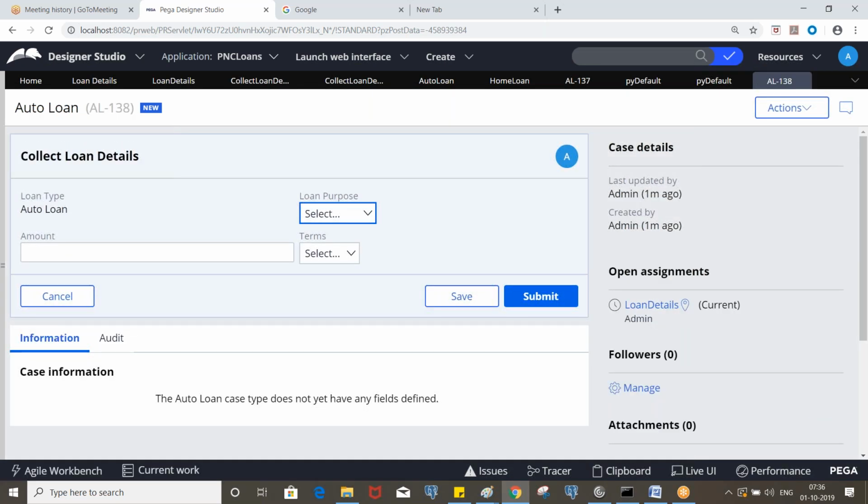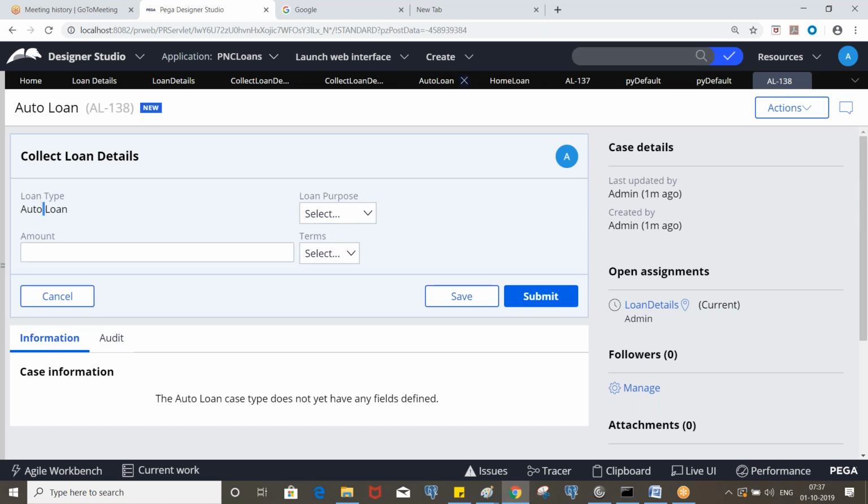You can create this as a single value property without a drop down control. You can create a property with text input, since we are defaulting it. Sometimes, if we are allowing the user to change the loan type, then it should be a drop down. In this case, you can create a single value property with text input and assign the value like this. And see, it is read only, so I'm not able to edit this.